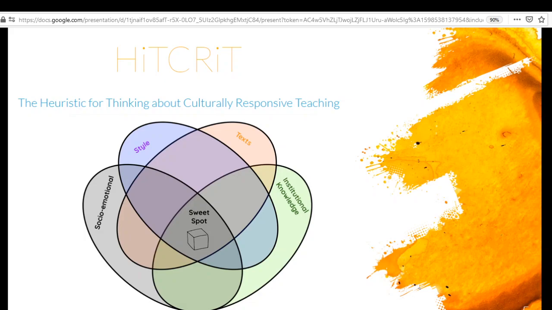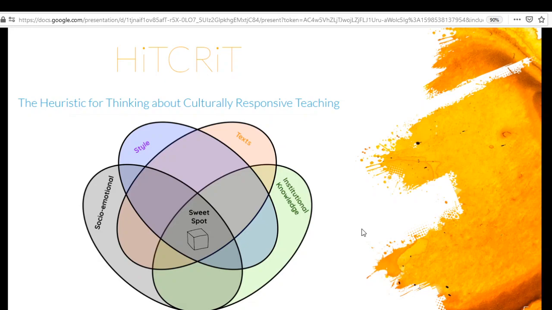All right, so this is the graphic from the HiTCRiT, the heuristic for thinking about culturally responsive teaching. This is the graphic representation that we came up with that we think represents the four realms that make up the HiTCRiT. So those four realms are socio-emotional connections, style, texts, and institutional knowledge. All of those things come into play in culturally responsive teaching, and they overlap and interact,